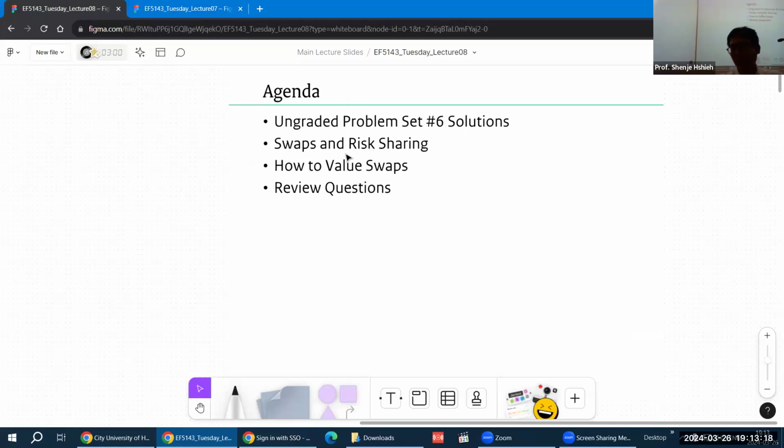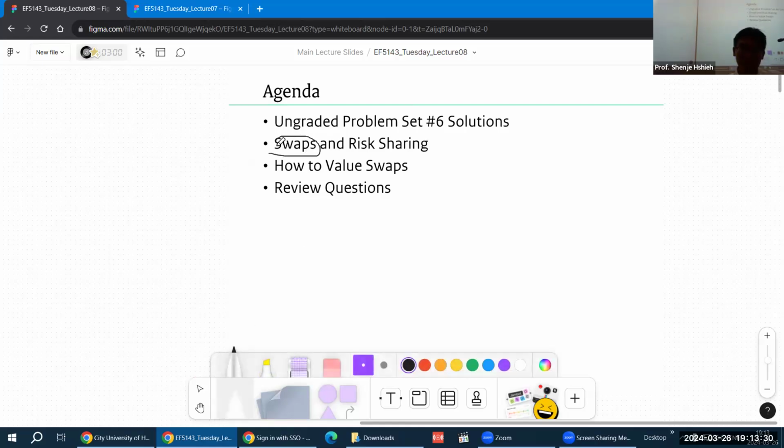So this week, one last thing, I need to do problem set number 6 solutions, which is the last thing regarding exchange rate determination. Today we're going to start a new topic on swaps, and I believe you guys already have some background. So today will be mostly review. I will review bond valuation because I'm going to interpret swaps from the perspective of a portfolio of bonds, and I'll get into that later. Okay, so that's my agenda. So problem set 6, some background on bonds, just in case you forgot from last semester, and